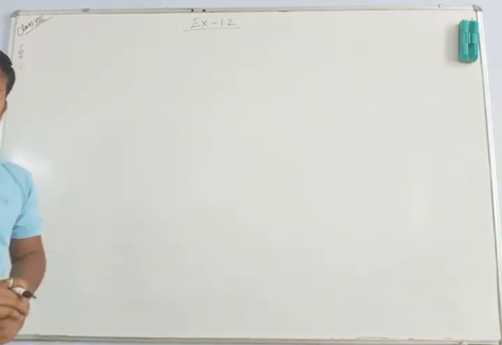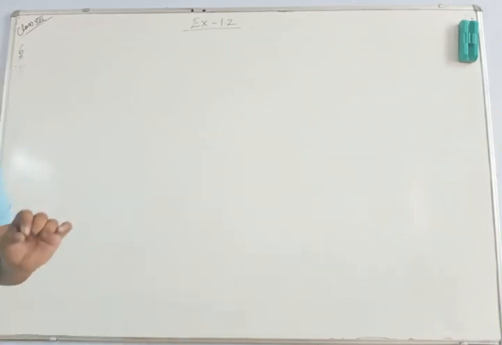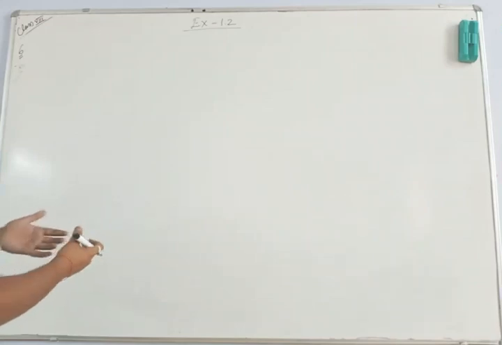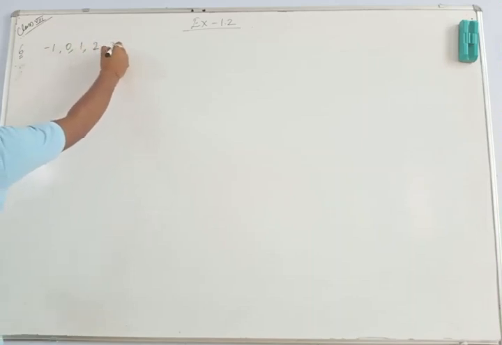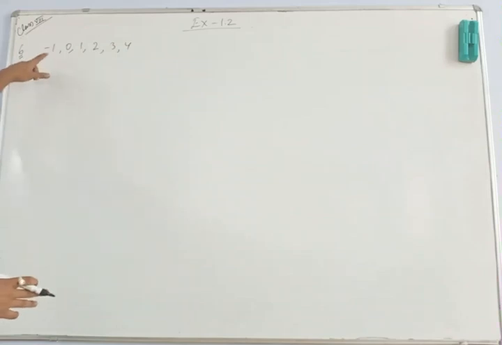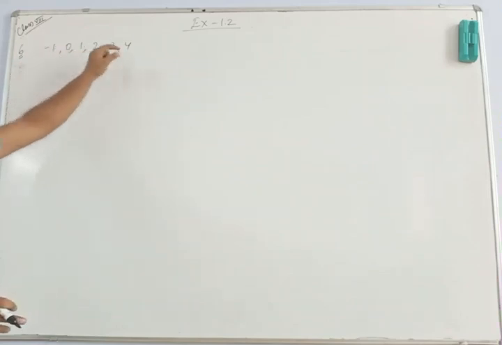So question number 6: write 5 rational numbers greater than minus 2. So what do we have greater than minus 2? Minus 1, 0, 1, 2, 3, 4 and so on. So too many numbers we can find. How many are there? 1, 2, 3, 4, 5, 6. He has asked for 5 rational numbers, we have written 6. Now it is okay. So this is the end of the 6th question.